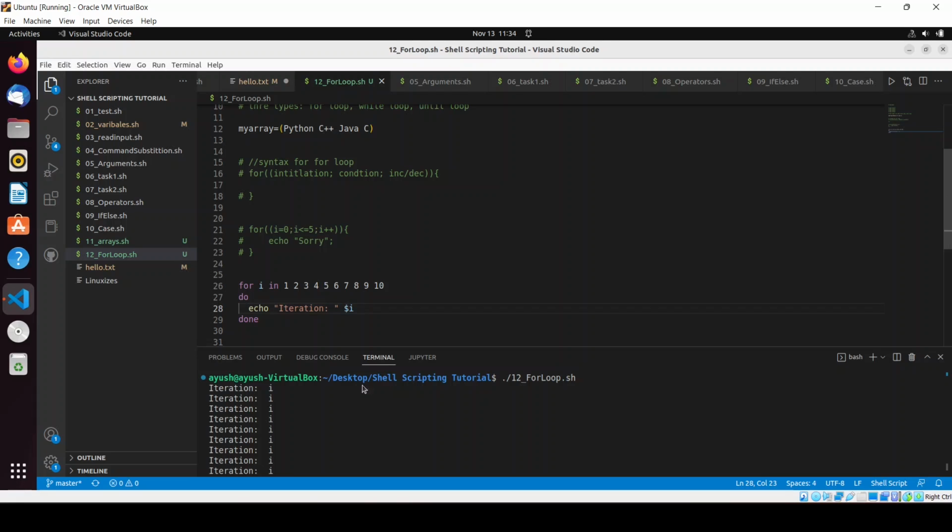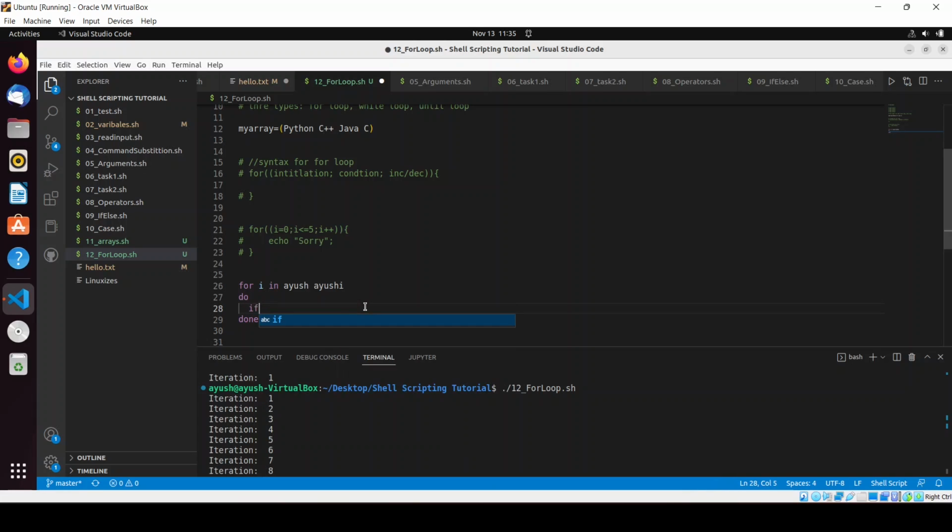Yeah, so here you can see iteration 1. Let me clear this screen and again run this script. So here you can see 1 2 3 4 5 6 7 8 9 10. So in this way also you can run a loop. Suppose you want to do some operation if one comes, or suppose I provide here a different list, like a name list, suppose Ayush. Suppose you want to do an if, and the condition which you will give is dollar i equal to